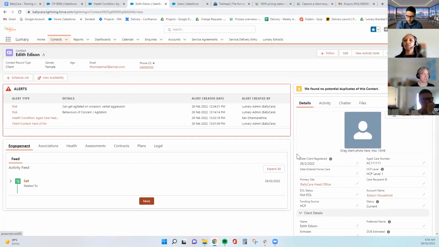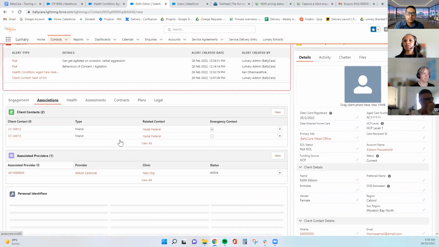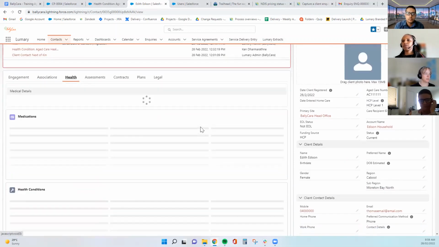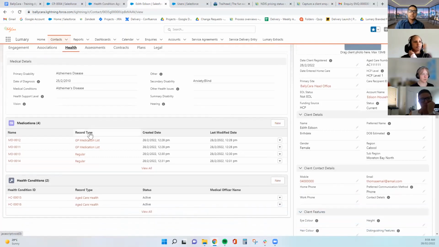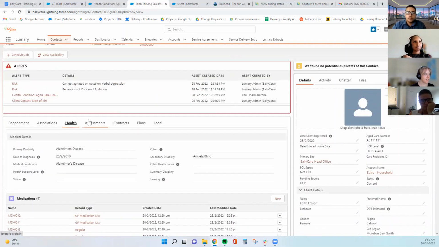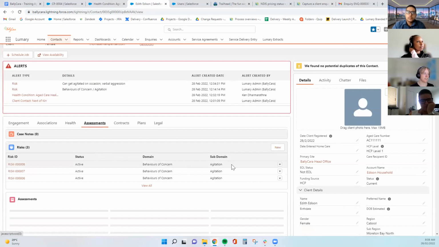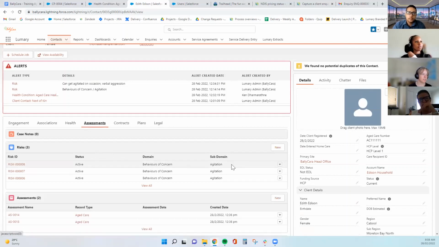Please feel free to come into the system, work through these tabs, create records here, there, and everywhere, have a play around. It's really the best way to get used to the system and how it all works together. And like I said, any feedback, anything of importance or that you think